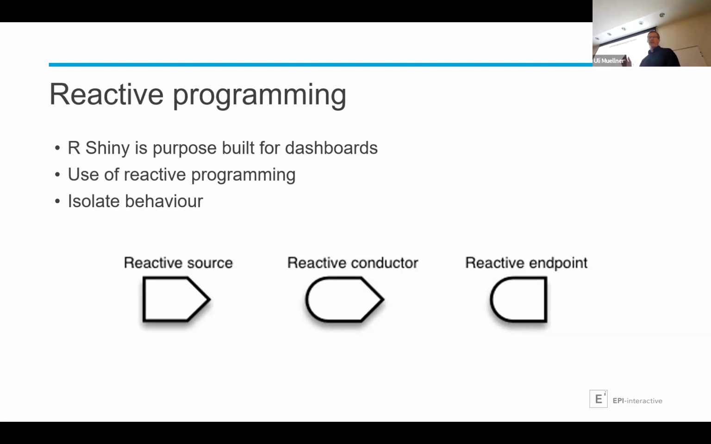Sounds abstract, but reactive source is basically a user input. So you might have sliders, you might enable users to upload data, so they can manipulate the inputs. And then reactive conductor is where the processing, the heavy lifting, happens on the server side. And when you have a reactive conductor, you wrap it into a reactive function, which